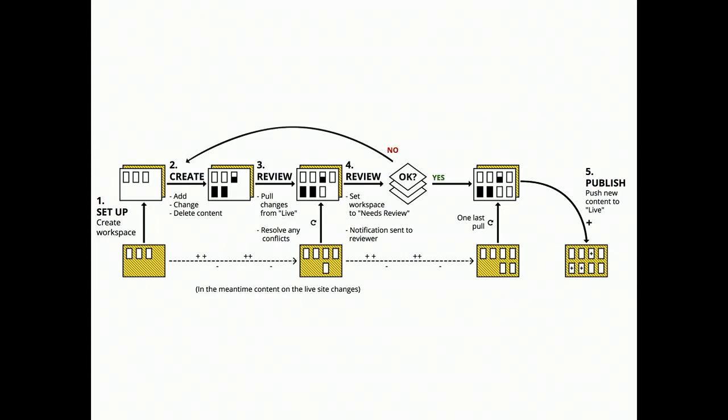Then the last thing you might do before you push the content to your live workspace is you pull in the latest changes. Kind of like we do with Git. Before you push your code, you need to pull down the latest changes, resolve any conflicts before you push. So if you're a developer, you can compare this quite a lot to how you work with Git branches, let's say. A workspace could be seen as a branch of your site, if you may.